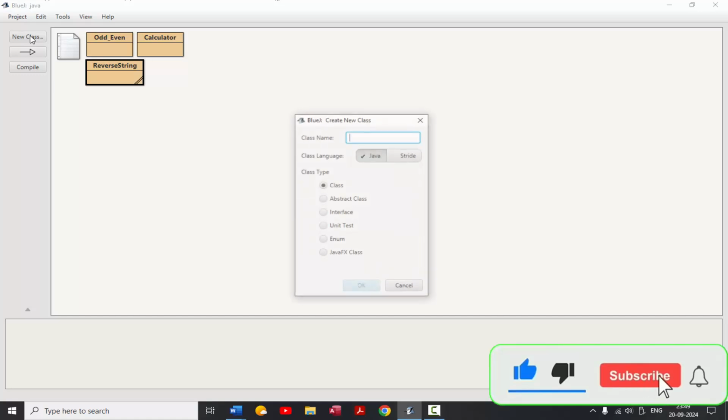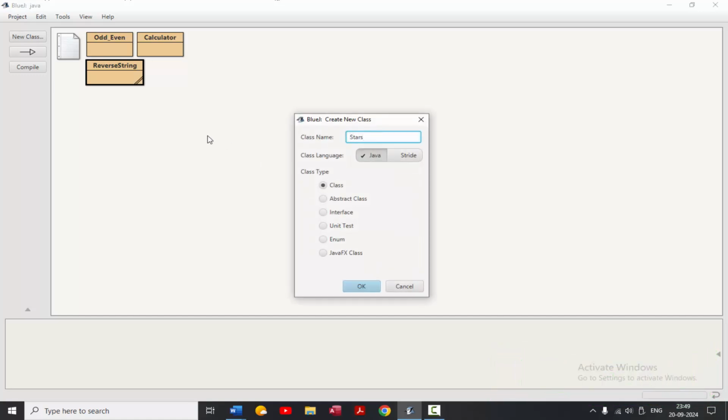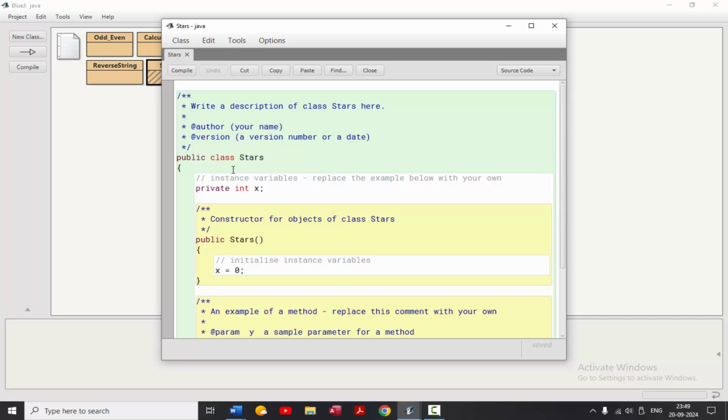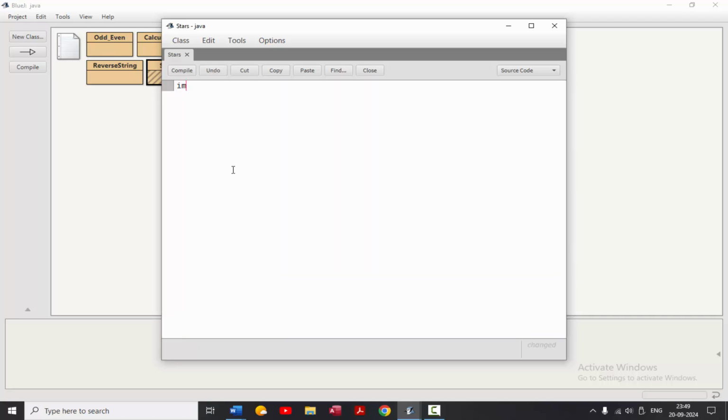For that, click on the new class option and then enter a class name. I have entered stars. It can be any name of your choice. Then click on OK and double click it. Erase whatever there is on the screen and type import java.util.*; and then type class and enter the class name that you have just entered, and then within these curly brackets you have to type public static